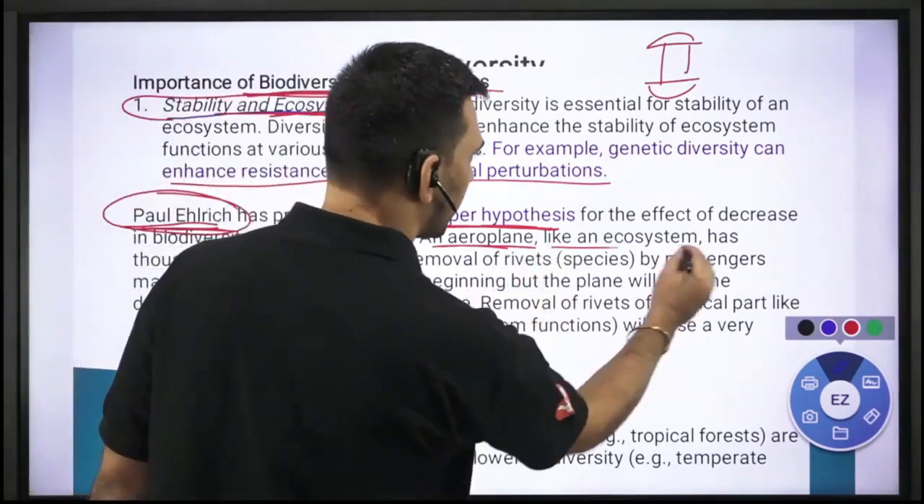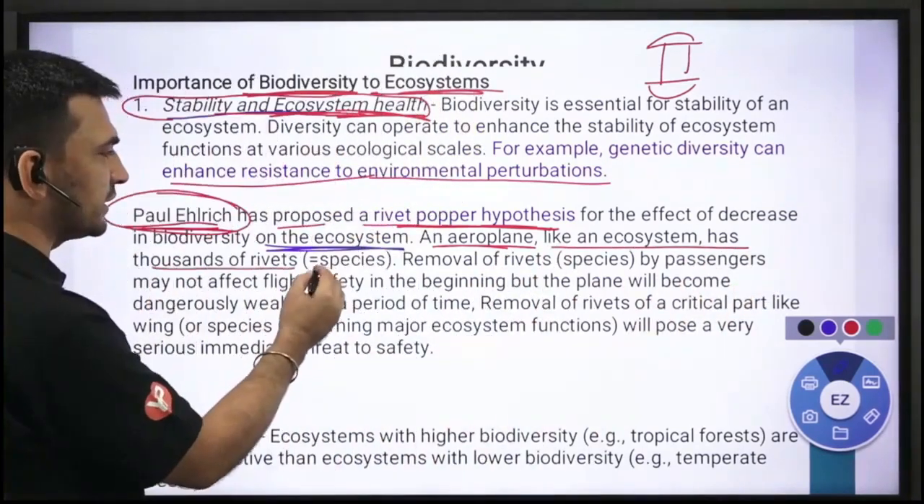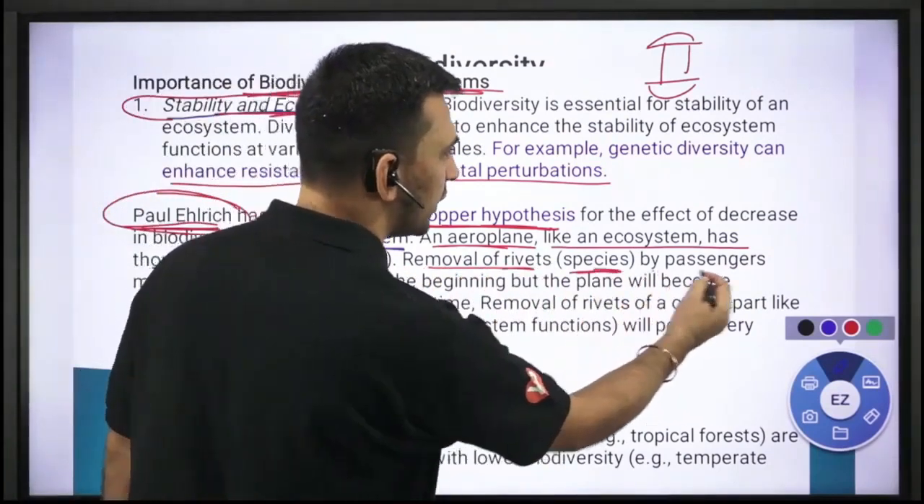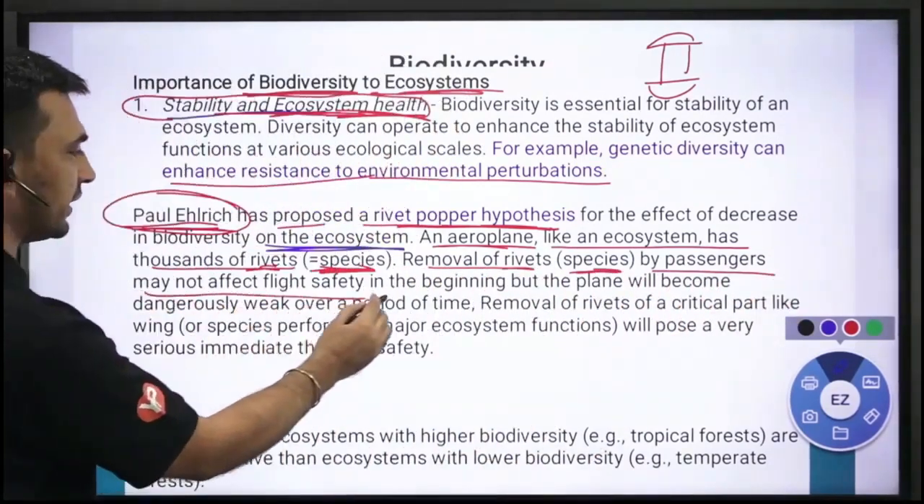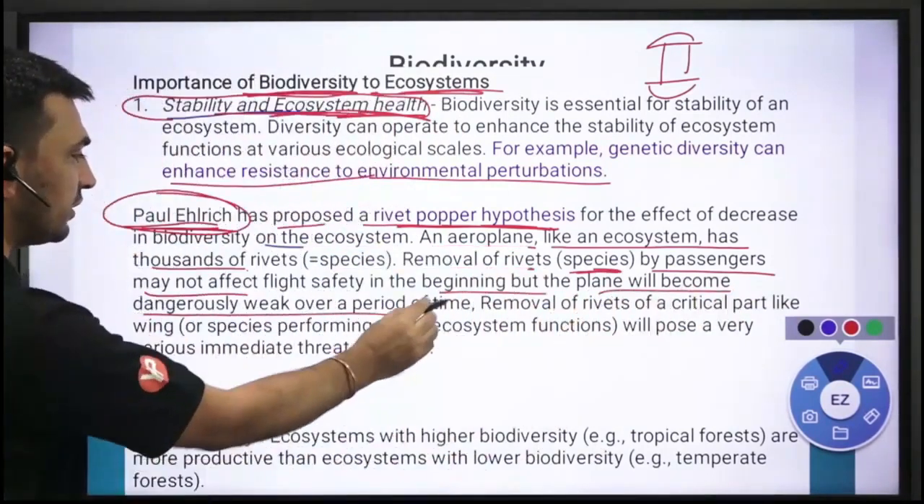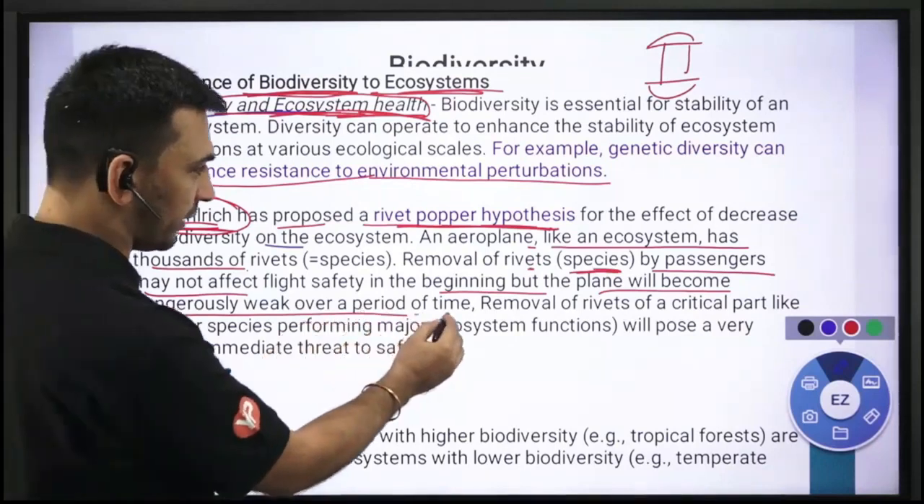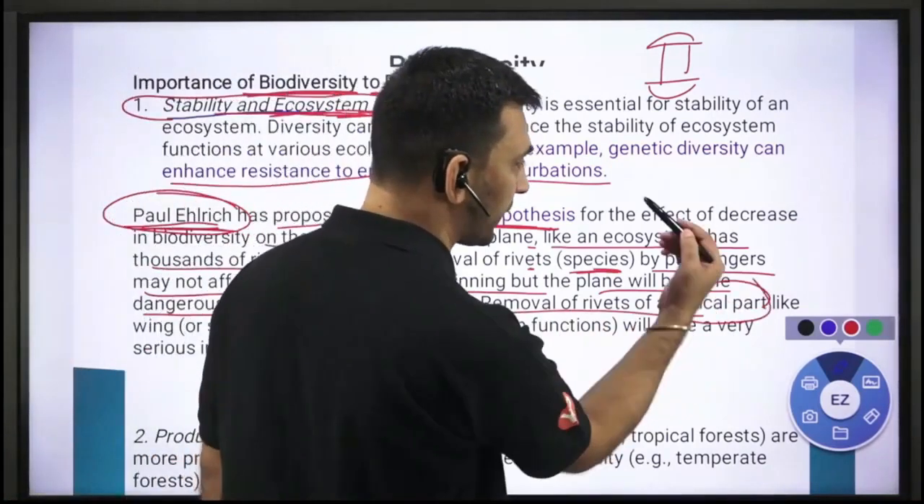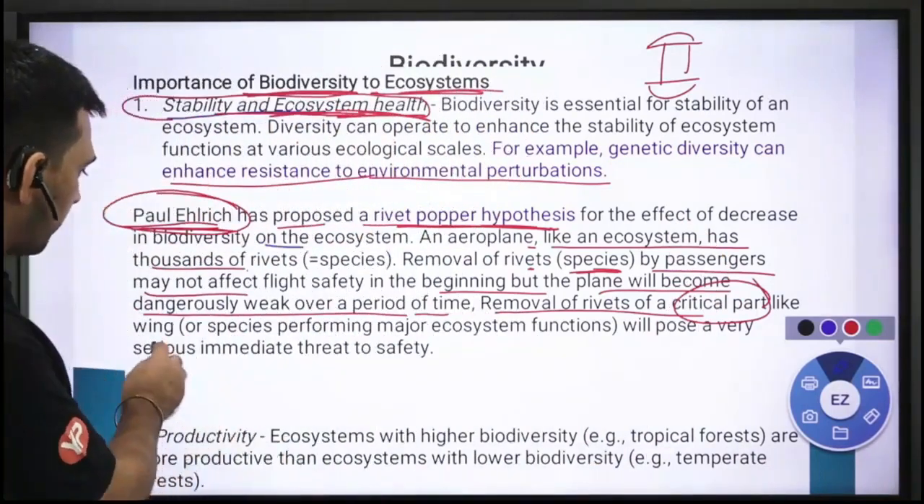An aeroplane, like an ecosystem, has thousands of rivets. Rivets are compared with species. Removal of rivets, species, by passengers may not affect the flight safety in the beginning, but the plane will become dangerously weak over a period of time. Removal of rivets of a critical part, if you remove a rivet from a critical part, like for example the wing,